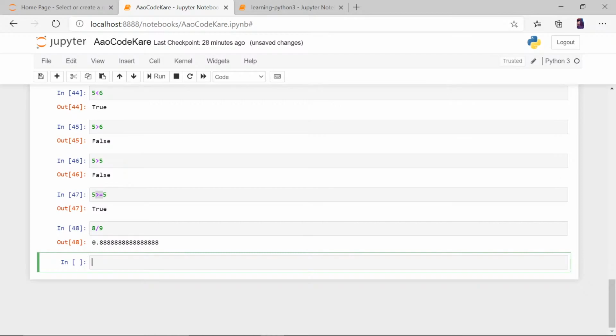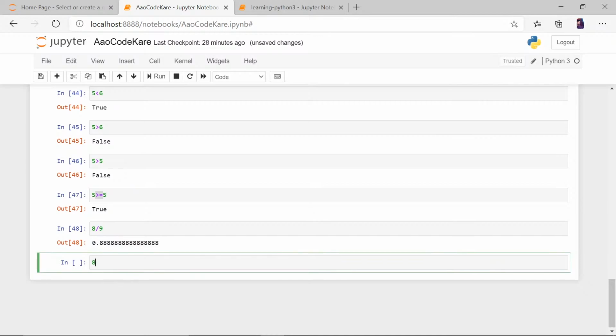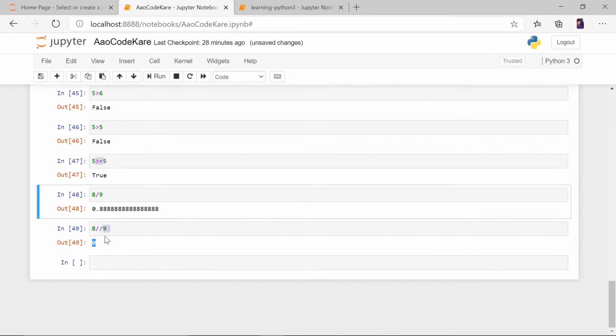What to do if you don't want this decimal part? You just want the 0 part. So what you do is 8 slash slash 9. This is called double division, or floor division. Here you go, the decimal part is removed. Ashwin, is that fine with you? Please comment down.